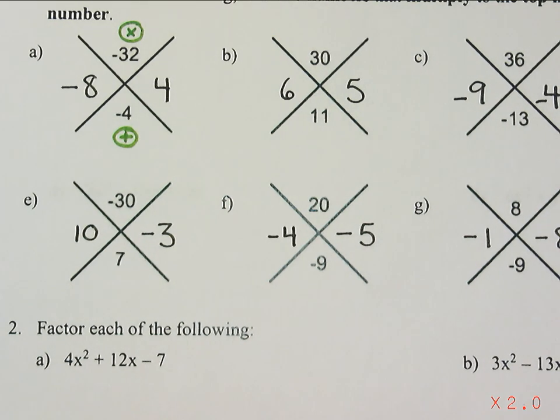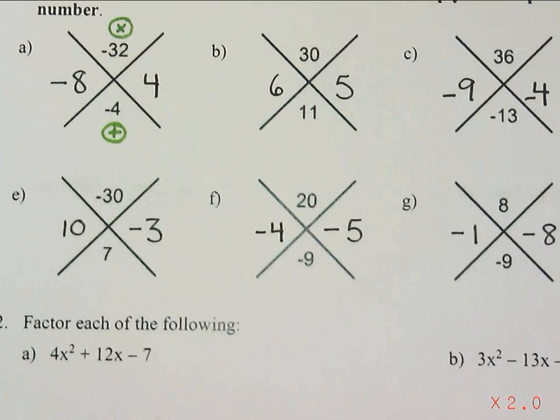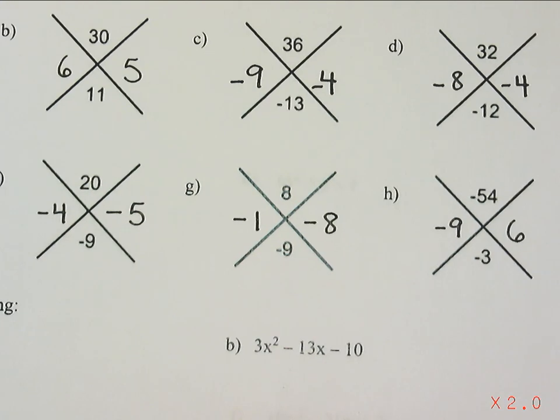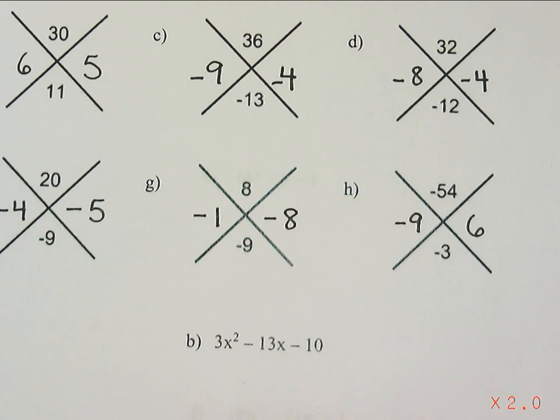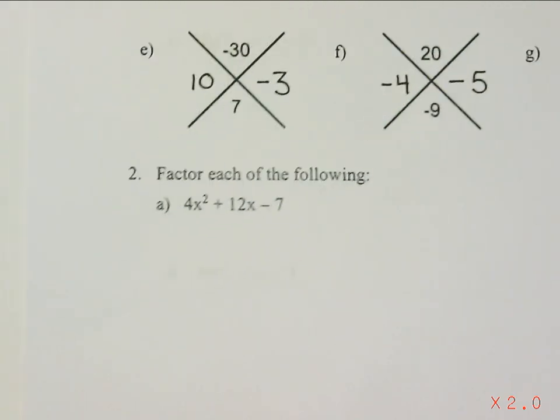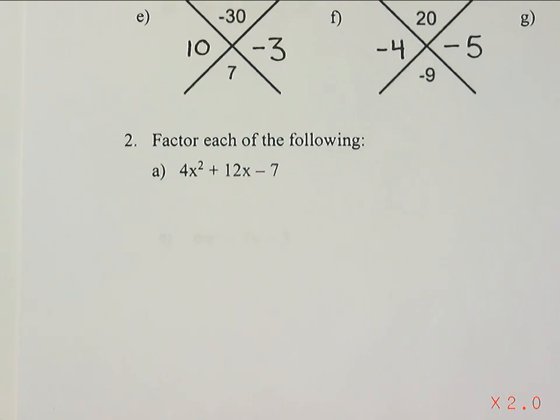All right, F, I did negative 4 and negative 5, or negative 5 and negative 4. The order doesn't matter. For G, negative 1, negative 8. And then for H, negative 9, positive 6. Okay, so we're now going to take that skill that we just practiced and put it into use by doing